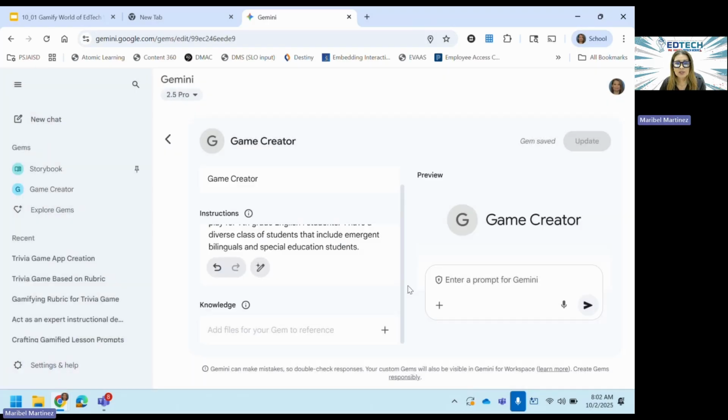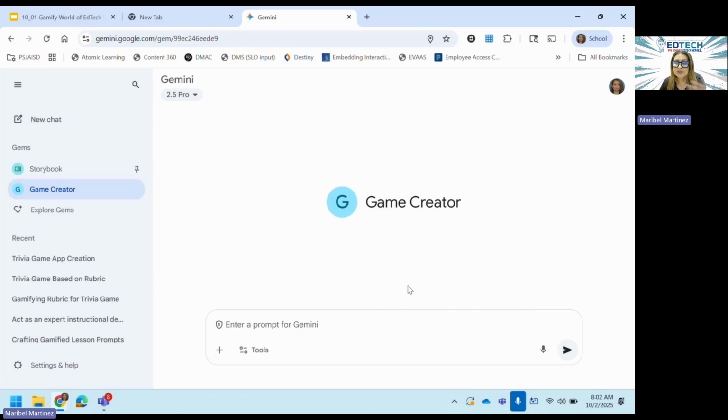Now I want to start a chat because now I'm going to include a file too, so it's set every time you have a lesson. Maybe today you're doing a game for a rubric. Maybe tomorrow you're doing a game for vocabulary. It's specific for games. So what I want to include in here, if I'm doing a game for a rubric,